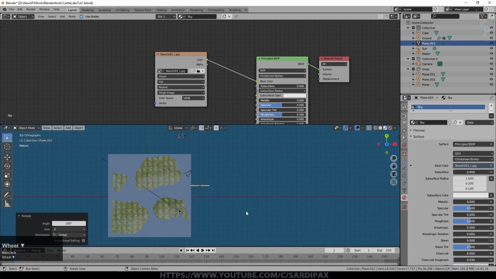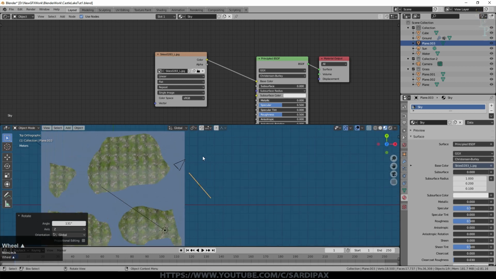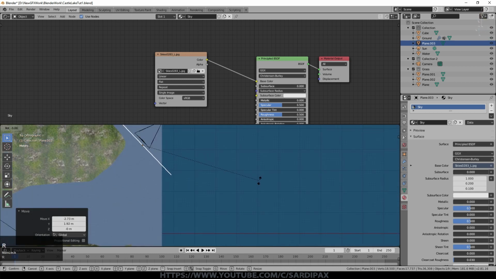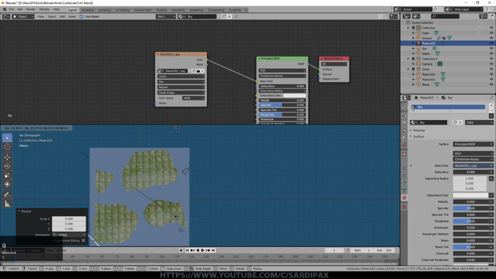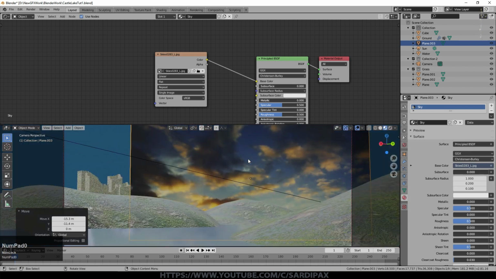So there's my camera. In actual fact, it was probably not far off. So I'm now just going to angle it to be about the same angle as the camera. It doesn't have to be completely perfect, but somewhere around there. It's obviously going to need to be quite a bit bigger, and then put it behind the landscape. So let's see what that looks like.